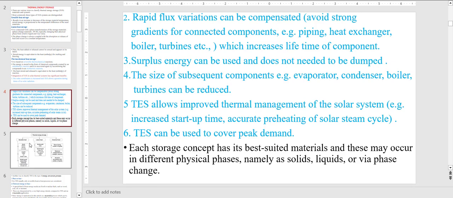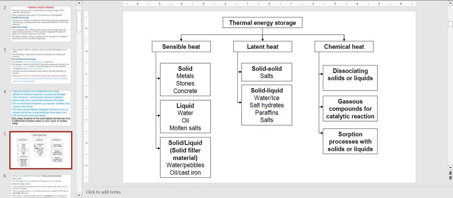So summarizing, in this slide we can see the three types of thermal energy storage: sensible heat, latent heat, chemical heat. Sensible heat can be solid, liquid, or a solid-liquid combination, which stores energy by raising its temperature. Latent heat, whereby change of phase, energy is stored. In chemical, during the endothermic reaction energy is stored, and in the exothermic reaction it is released. These are the methods by which energy can be stored. Thermal energy can